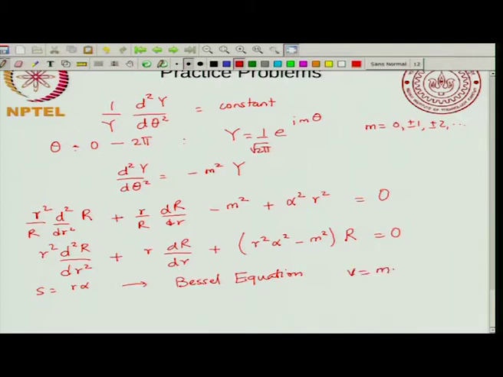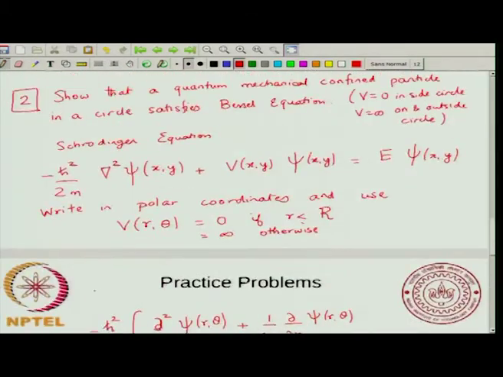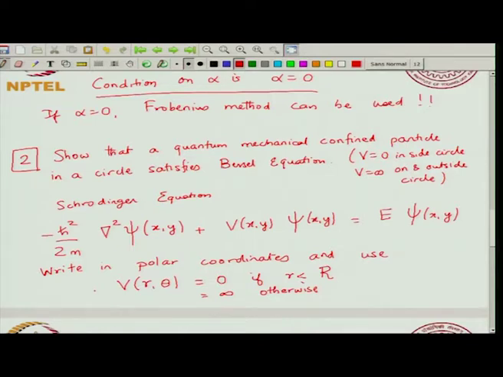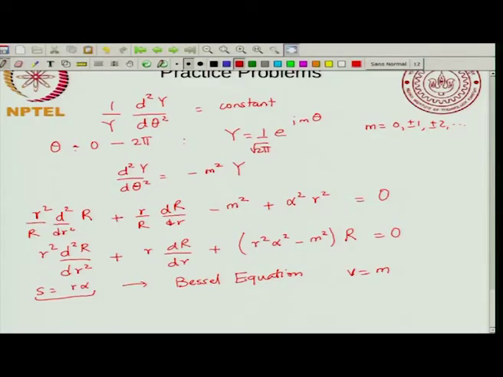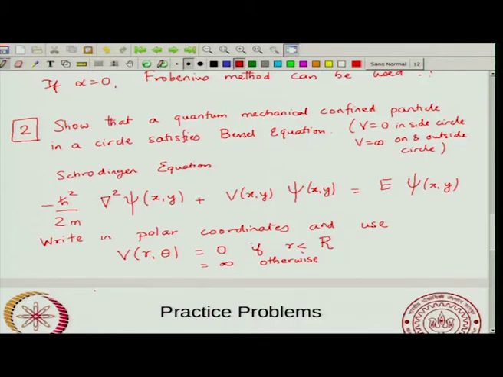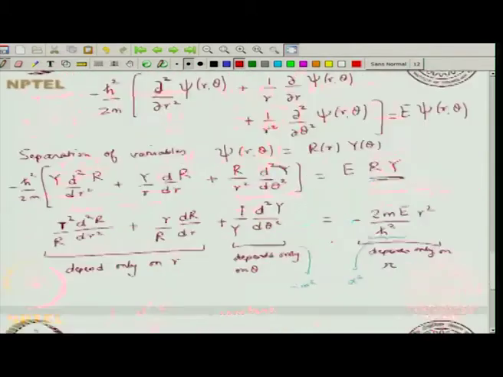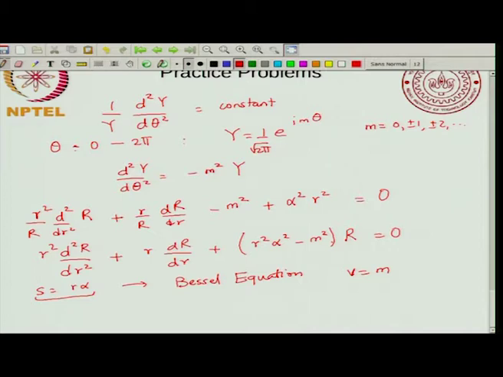With nu equal to m, you get a Bessel like equation, and we would have expected this, because the problem that we have, the quantum mechanical particle confined to a circle, is just like a circular drum. So you have a Schrodinger wave equation with the drum boundary conditions. Incidentally, let me change the label for the radius, I will just call it a, the label for the radius. You can verify that the boundary condition